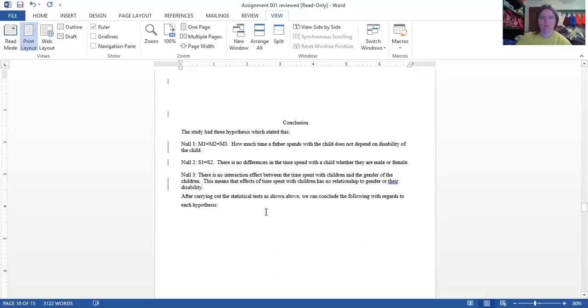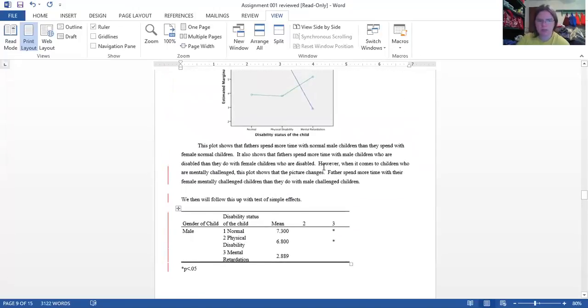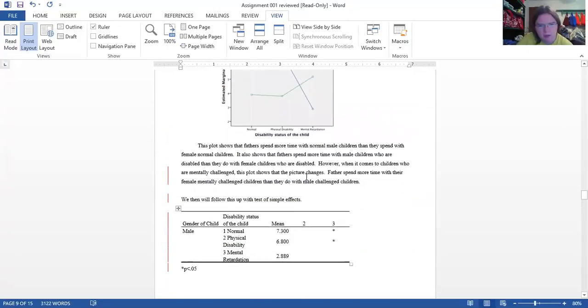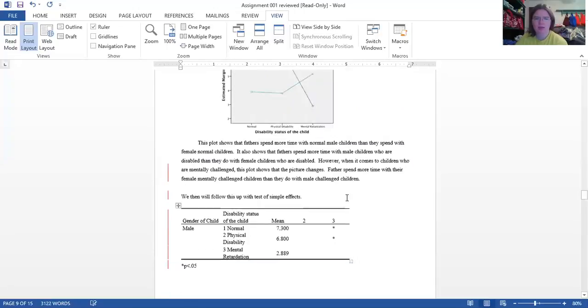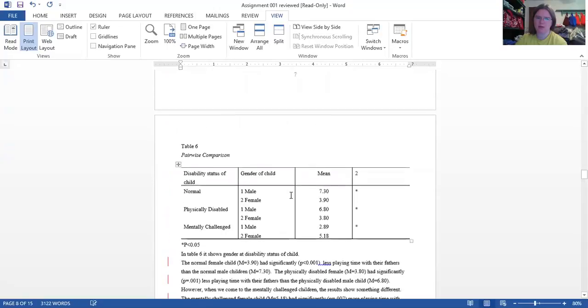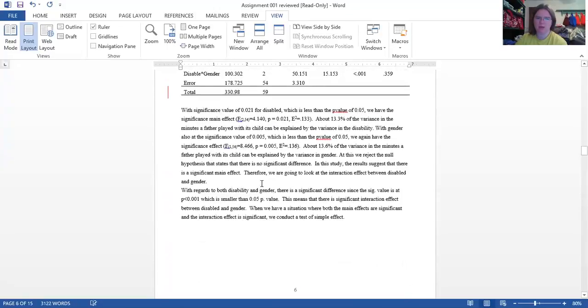So basically, for your conclusion, what you want to do is restate the information up here, kind of just in a nutshell. And the stuff that you said right here actually is looking like a conclusion. It also shows that the father spends more time. No. However, it comes to, okay. So basically, you just want to kind of summarize this information here and the information up here,